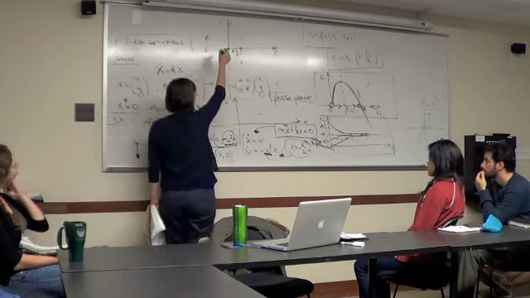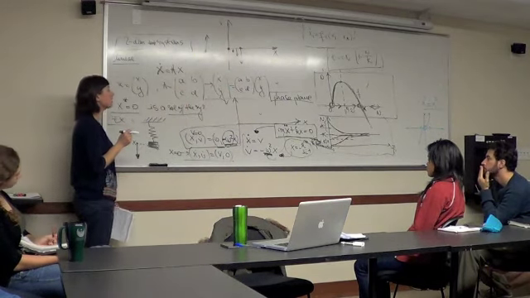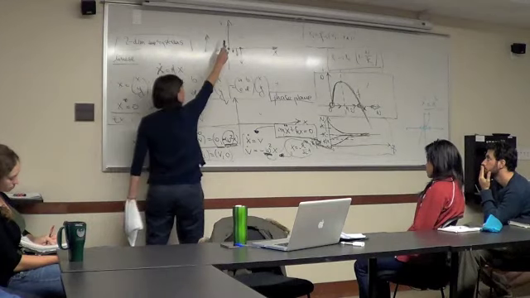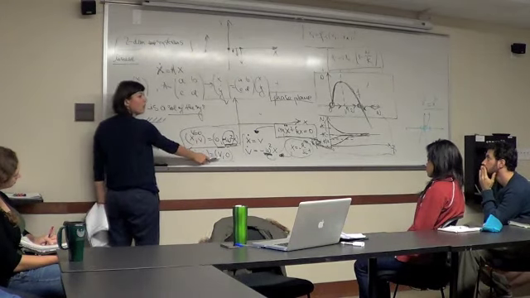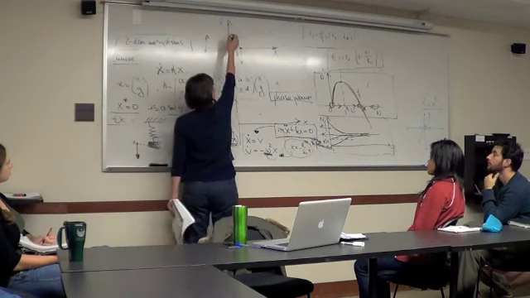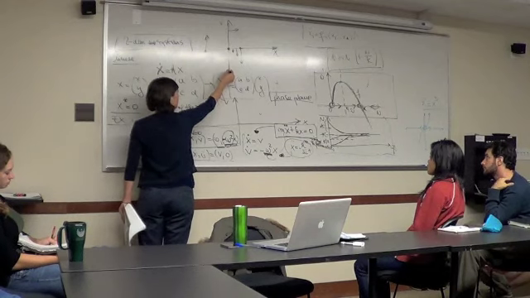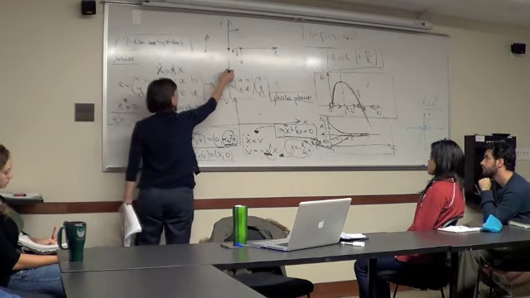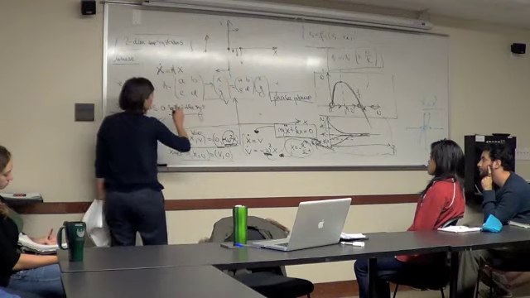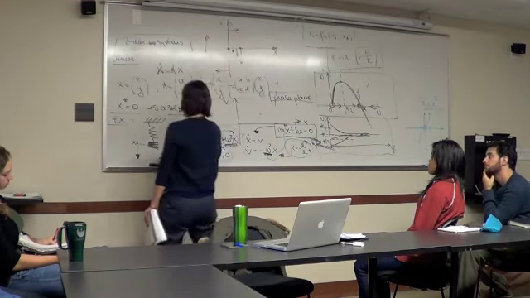And then what happens here? What happens on the y-axis? Can anyone tell me what happens on the y-axis? So for example, if v is positive, which way do I go on the y-axis? Well, x dot is positive, so you go that way. And then if it's negative, which way do I go? You go back here.